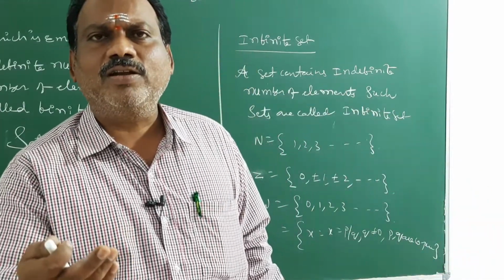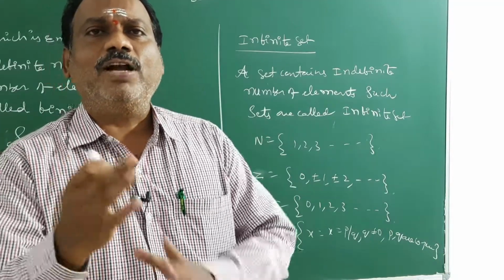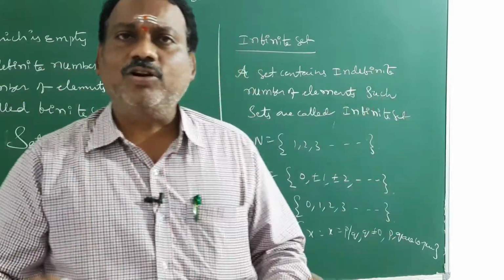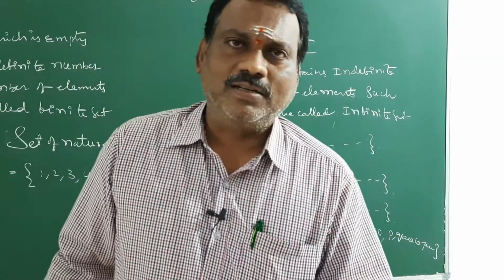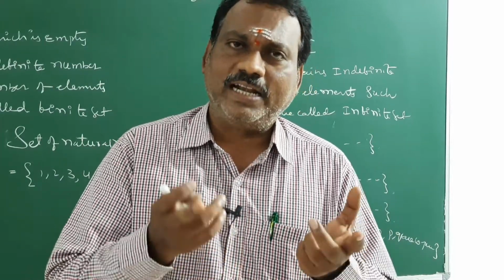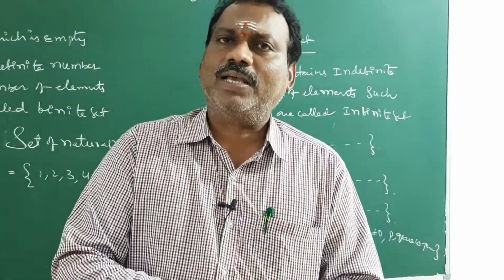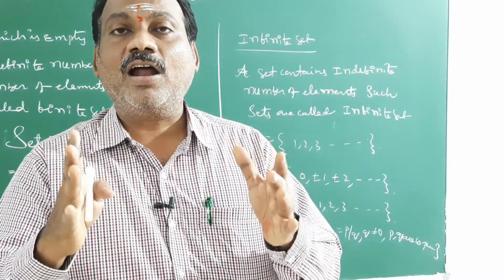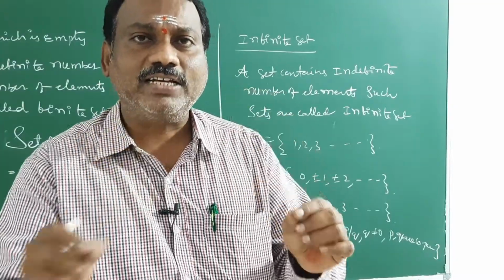If you take 1 by 2, the next element we cannot say which element will come. What is the element before, you don't know. What is the starting element, you don't know. That's why some infinite sets, like the set of irrational numbers, real numbers, rational numbers, imaginary numbers, complex numbers, cannot follow a certain rule.